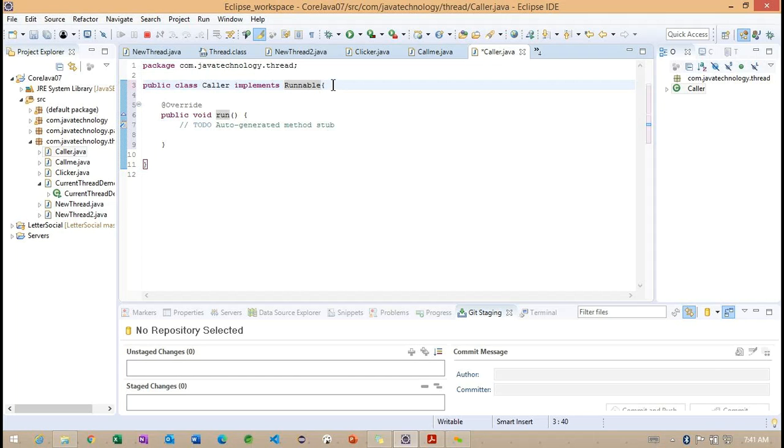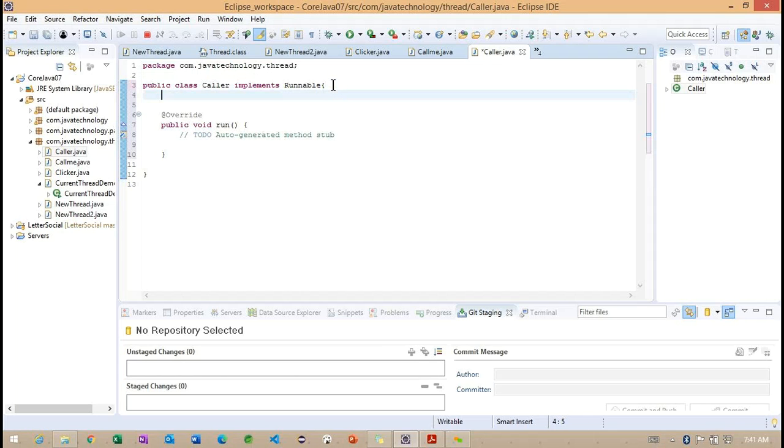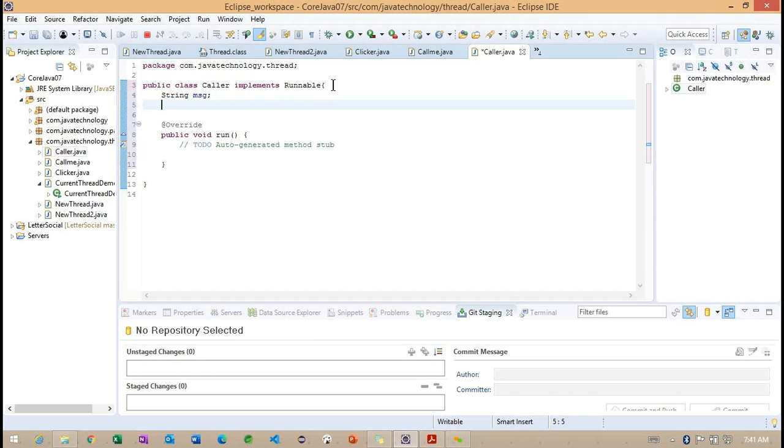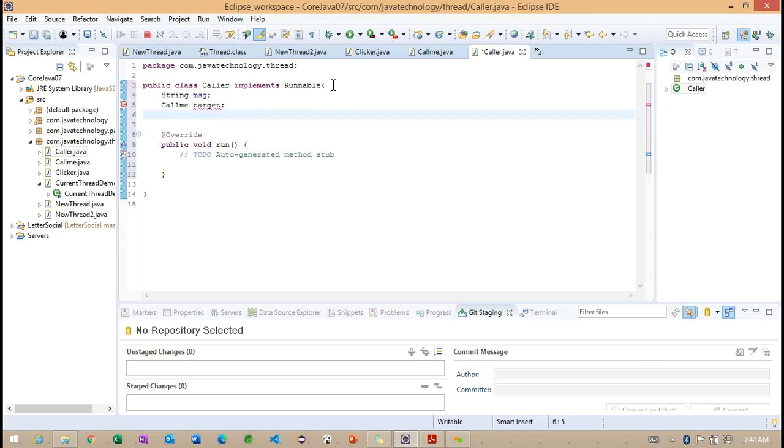We'll override the run method, and along with this, I'm providing some information: target, message, and Thread t. So we have three variables declared here.